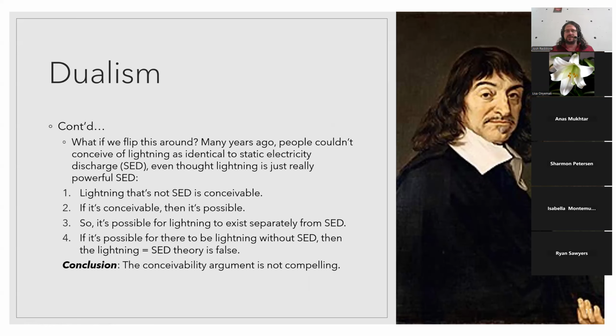Just remember that where we're leaving off is discussion of the conceivability argument. And then on Tuesday, we'll pick it up. We'll finish talking about conceivability, and then move on to part two, where we're going to look at type identity theory, type physicalism, token identity theory, functionalism, and the rest.